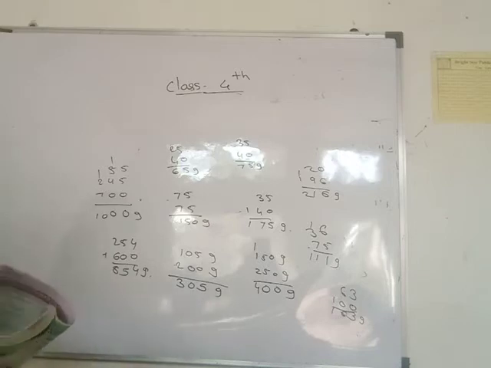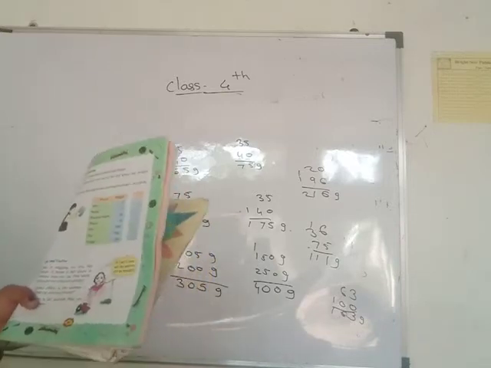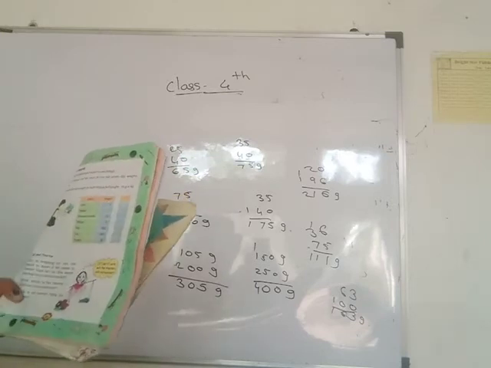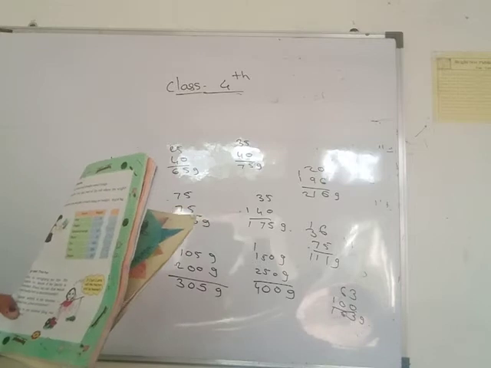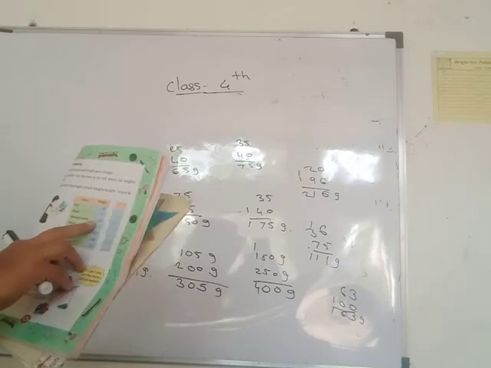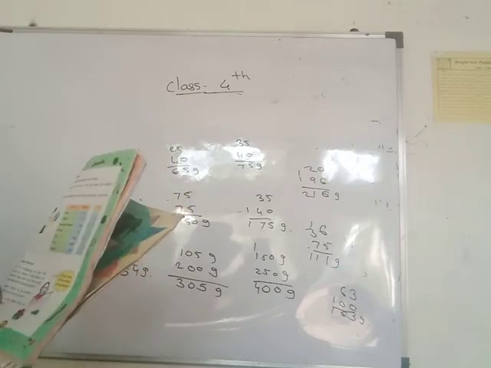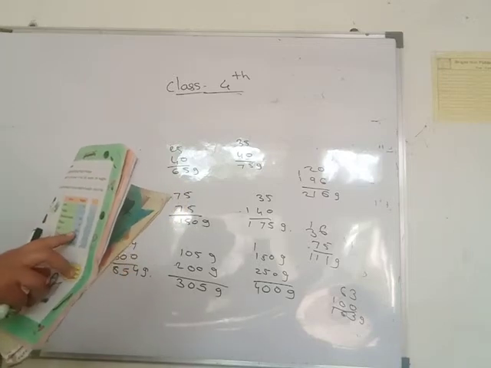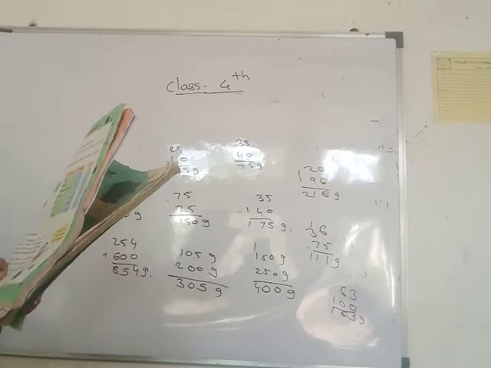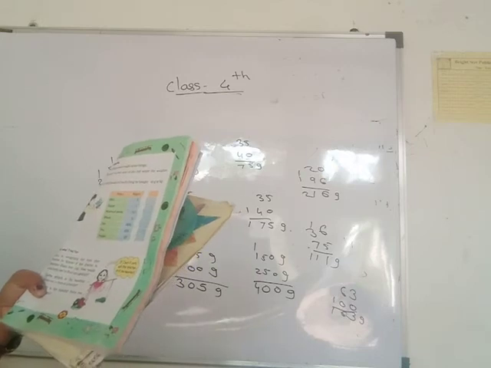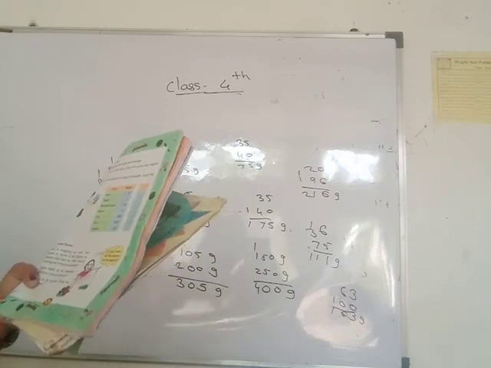See here. Items and weight is given, and this weight is in kilogram or in gram. Then you write in front of this. Here items are given: rice 5 kg. Then you write here kg. Sugar 1 kg. Mustard seeds 10 g, means gram. Then wheat 3 kg. Dal 500 gram. Tea 250 gram. And this paper also, 25 gram.